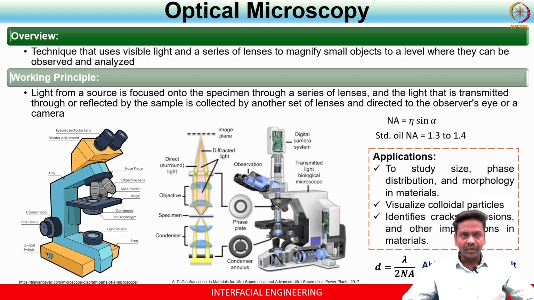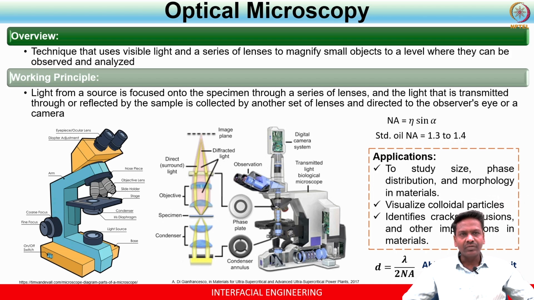So optical microscopy is a very useful technique to visualize any object which is not possible to look at through the naked eye, right? So, for example, if you want to understand how bacteria look, you can easily look at them under microscopy. Okay, some particle systems that are, let's say, 1 micron or 2 micron in size, you can look at them easily under optical microscopy. Okay, all you need is just one light source and magnifying power.